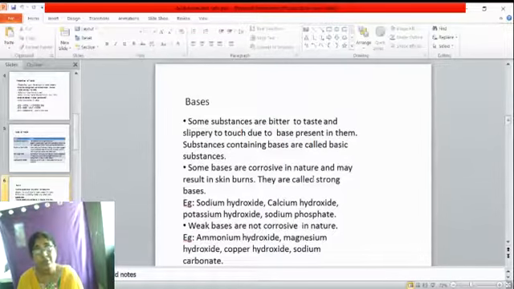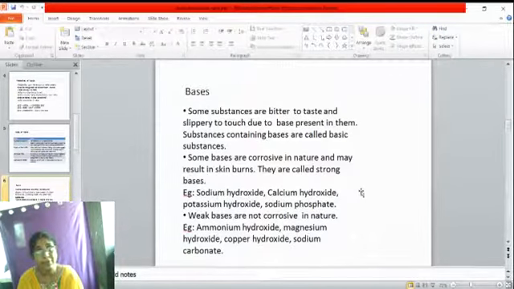Now, some of the bases are corrosive in nature. They result in skin burns. They are called strong bases. Examples of strong bases are sodium hydroxide. We have this in our mind: